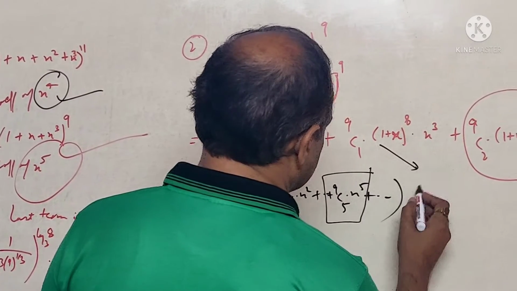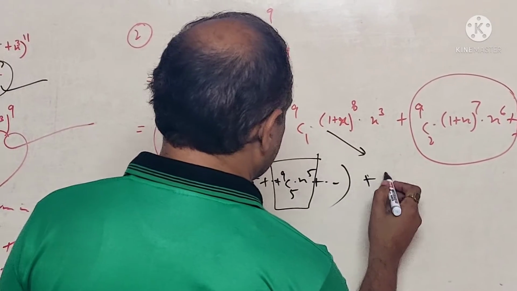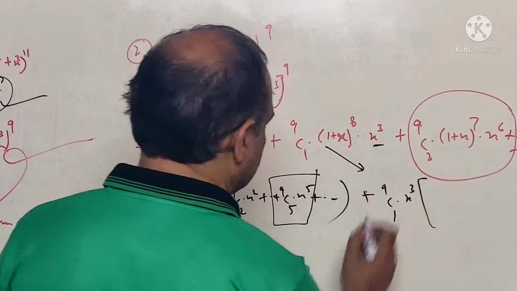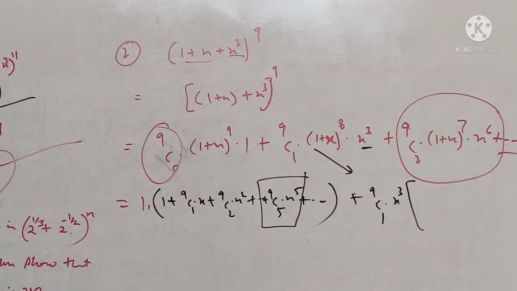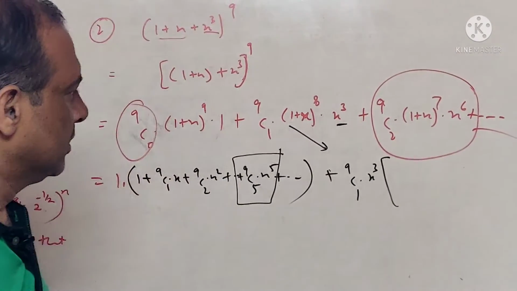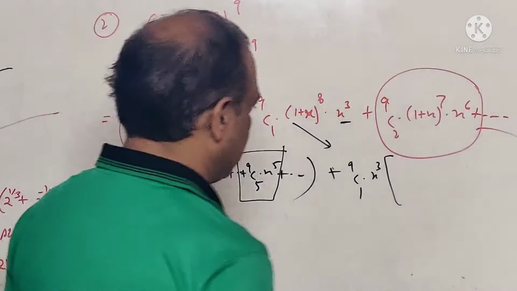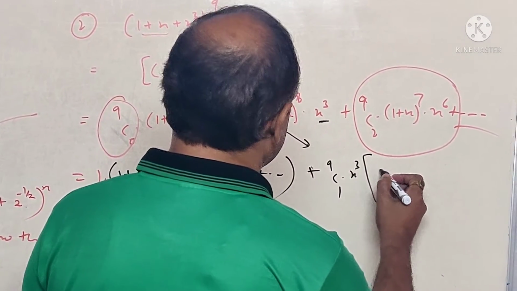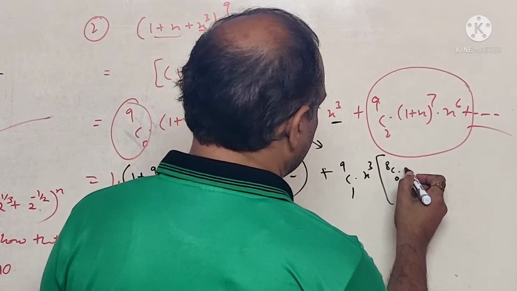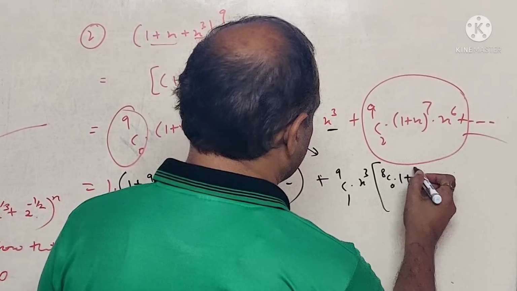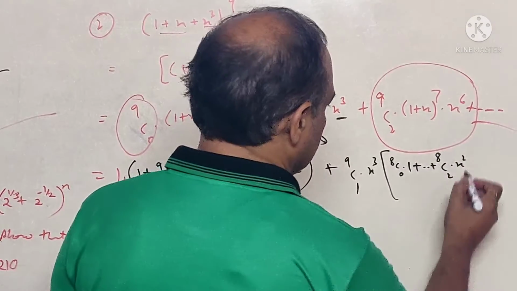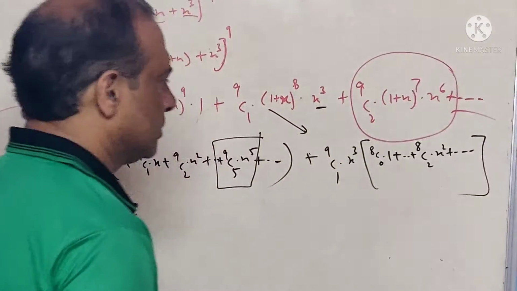Now the second term, we have to expand this term. Now on expanding these terms, we are having plus 9c1, and here in the outside we are having x cube. We have to expand (1 plus x) raised to power 8. See, in the outside we are having x power 3. It means the internal term we need is x square. Here what we can do is, first term is 8c0 into x raised to power 0, it will give you 1. 8c1 is of no need. We can go for 8c2 and it will give you x square. Furthermore terms are also of no use.